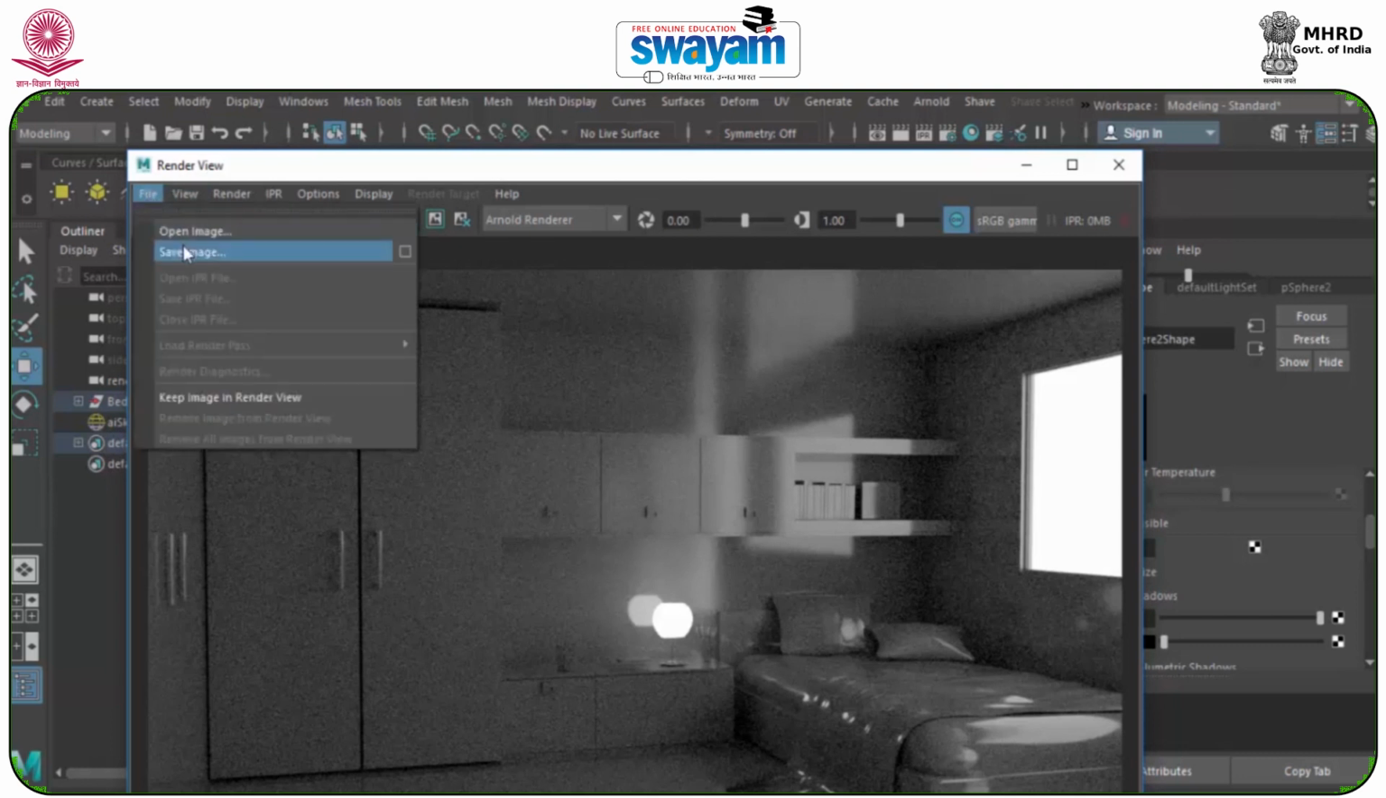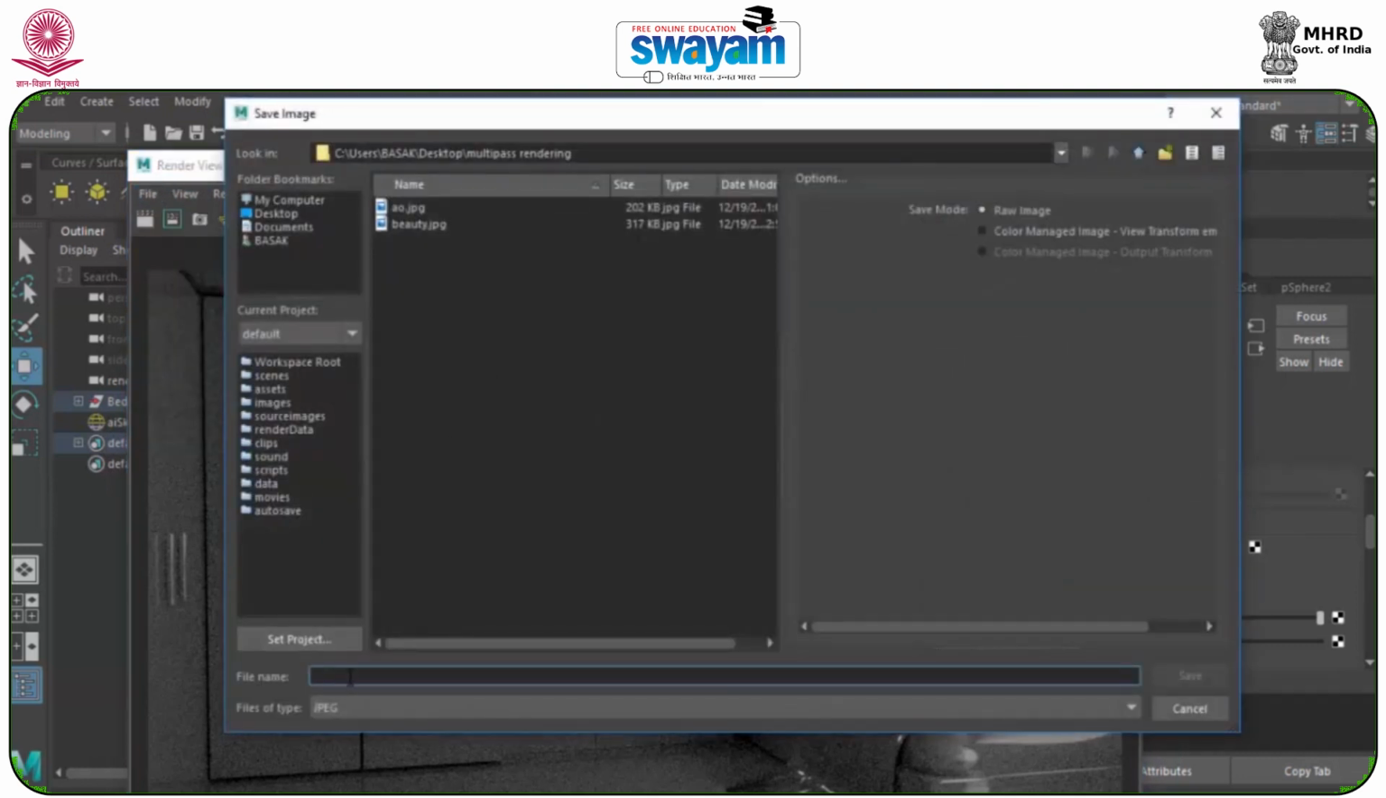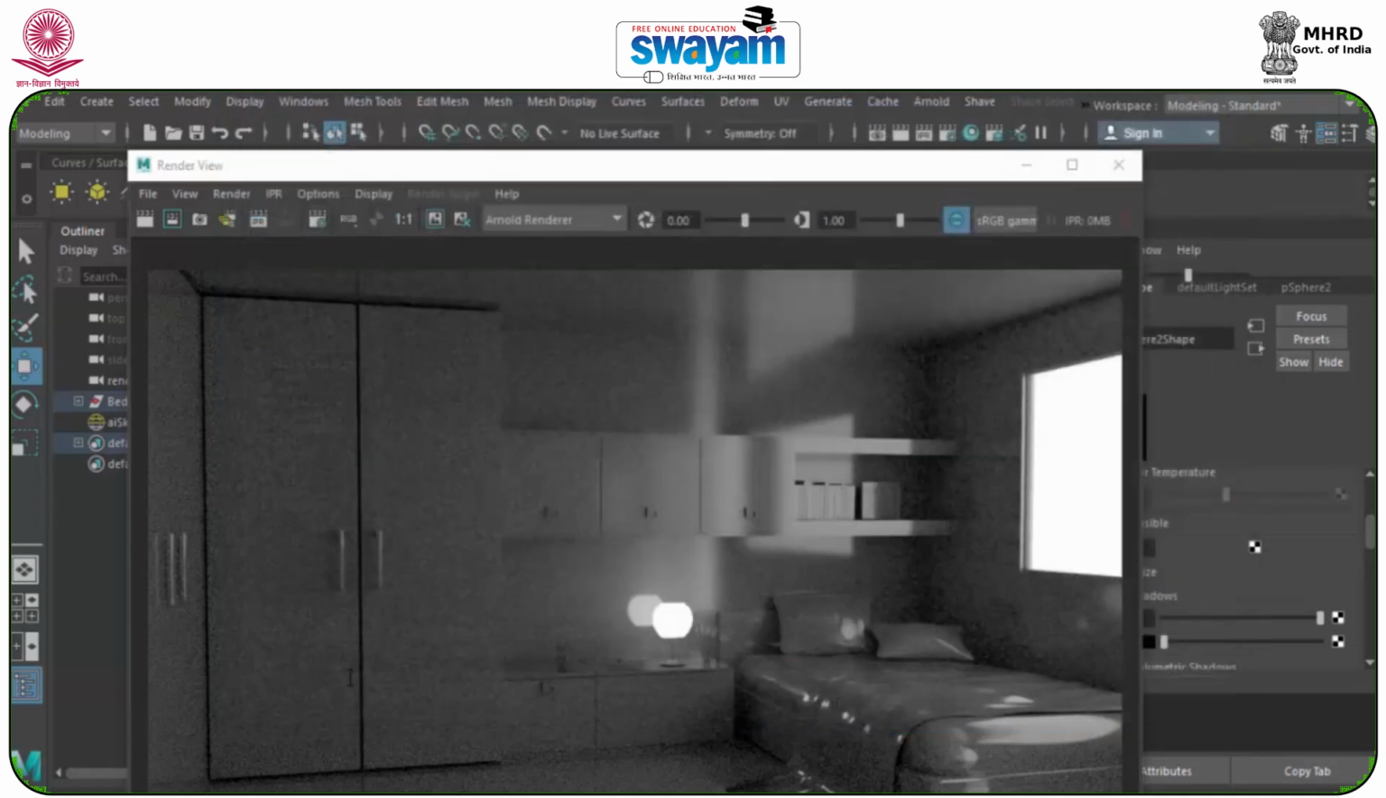And we'll go to file and save image and just save this glossy and bounciness. Okay, so